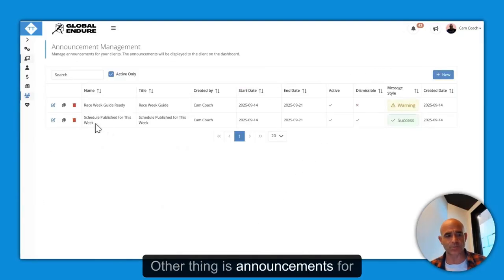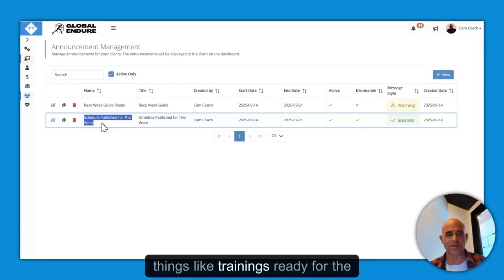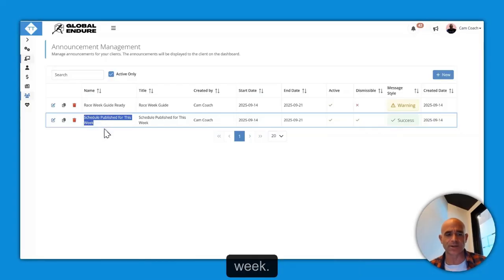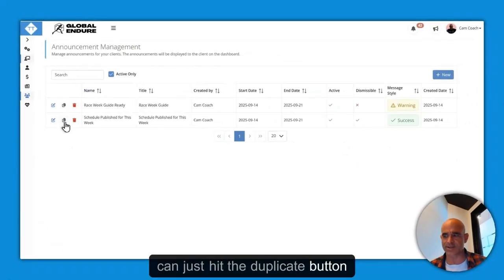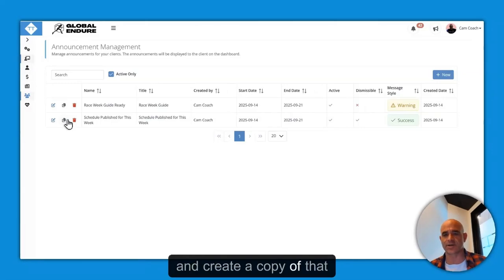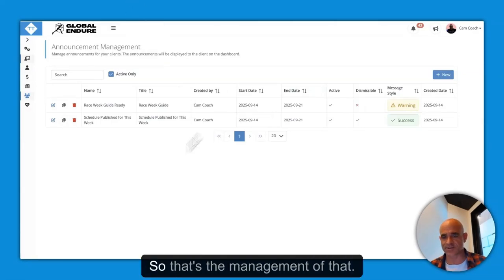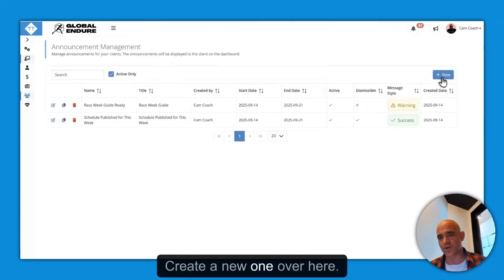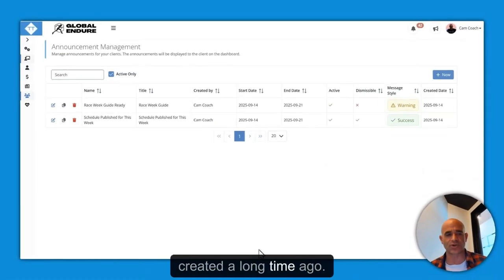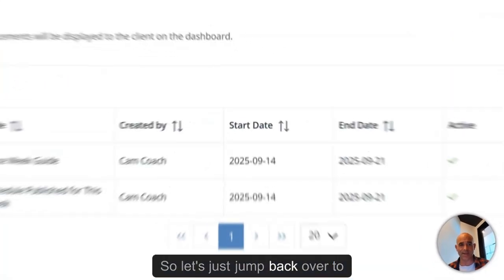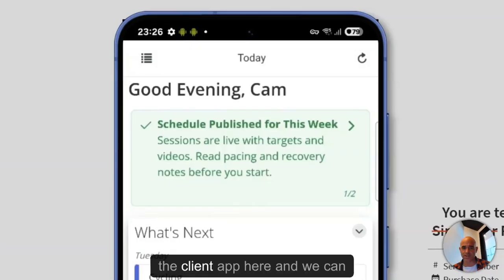Other thing is, for announcements like training's ready for the week, you don't want to have to retype that out every time, so you can just hit the duplicate button and create a copy of that announcement there. So that's the management of that. Create a new one over here, and search them in case you want to make a copy of something you created a long time ago. Yeah, so let's just jump back over to the client app here,